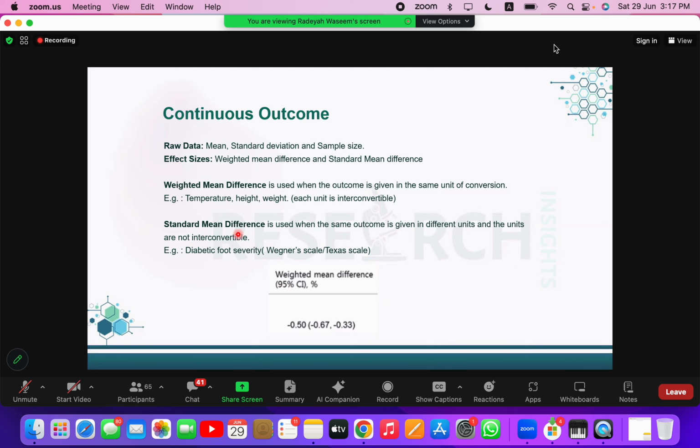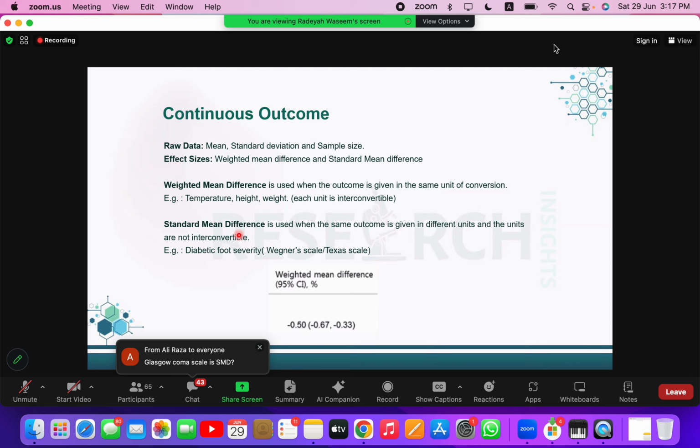For example, measuring pain intensity. You must have noticed whenever you go to a patient, you ask them how much pain they have. You ask them to rate it on a scale of 1 to 10. Another study might have healthcare workers who assess the pain on a scale of 1 to 5. Another study may have measured pain intensity from 1 to 50.